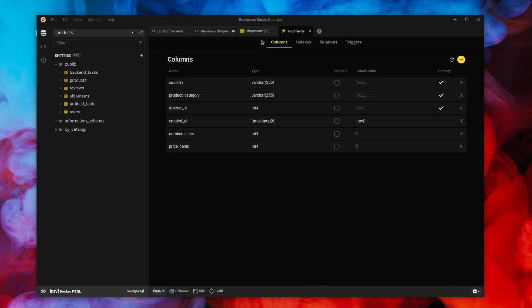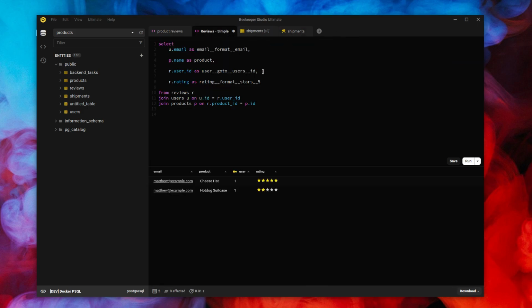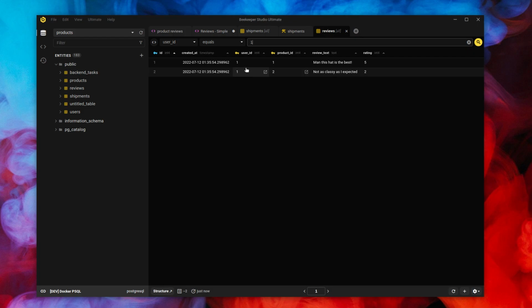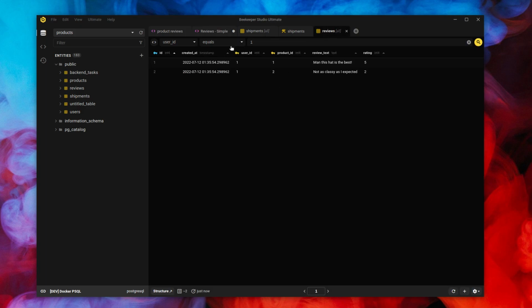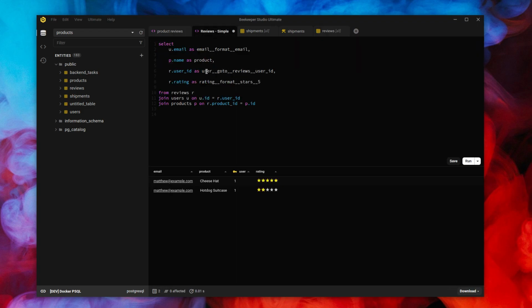It's unbelievable. The other thing you can do here is, this doesn't have to be a primary key of a table. I can look at, let's look at reviews. So this is a link to all user reviews by this user. So this is really flexible and allows you to link to any other table with any filter value you want. You can see in this one, I've got user ID equals 1, right? That's what it linked to, because I said this user column should go to the reviews table and look up